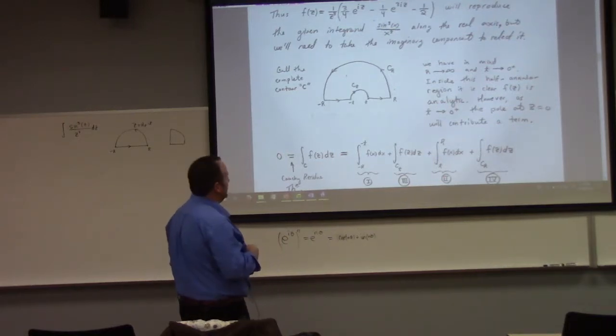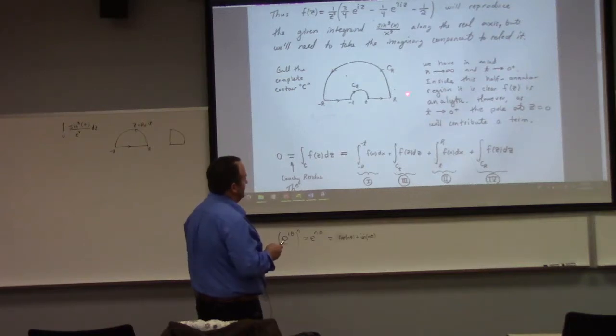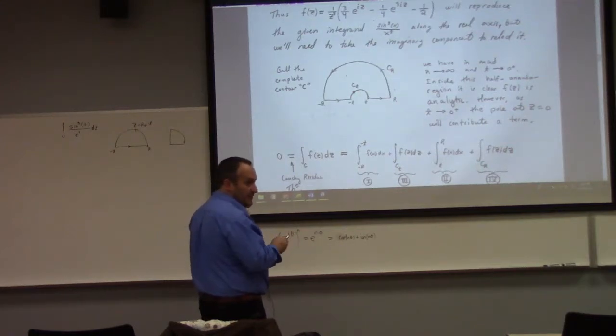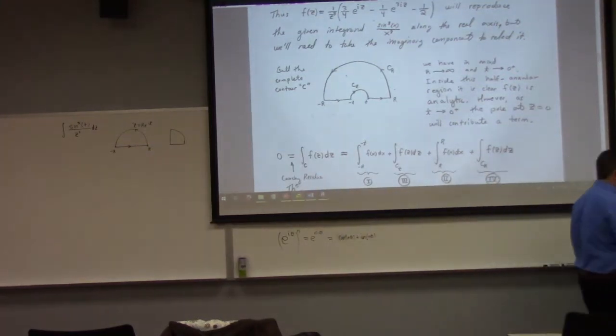Yeah, I think this function's holomorphic at 0, right? So this is a pole of order 3. All right, great. And so if we take this indented contour and take r going to infinity and let t go to 0, then we're going to pick up 4 pieces, right? The Cauchy residue theorem says that you get 0 because there's no poles up in here, but we're going to have that fractional residue from the lower piece, I think.